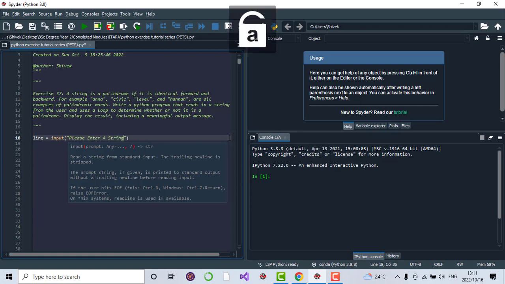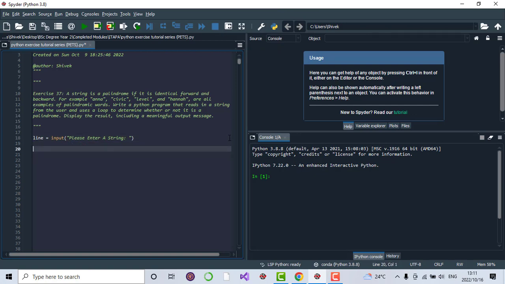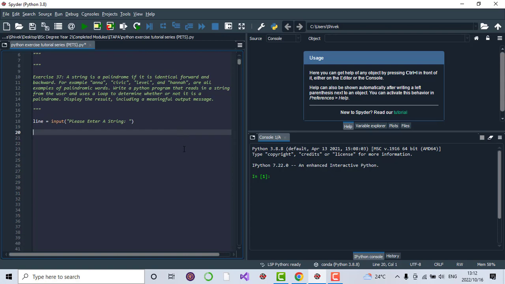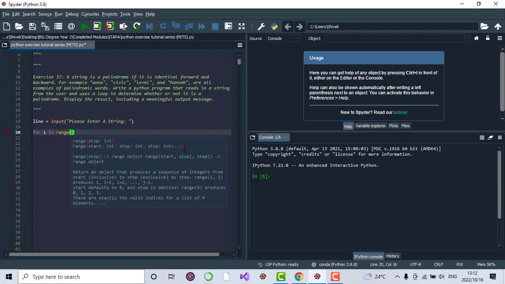Please enter a string. This exercise is a bit simple. This program is only reading in a string from the user and using a loop. Now we'll proceed to do some testing and checks on the string to assess whether it's a palindrome or not. There are several ways in which you can go about doing this one. A simple and quite understandable way would be, for i in range, length of line,